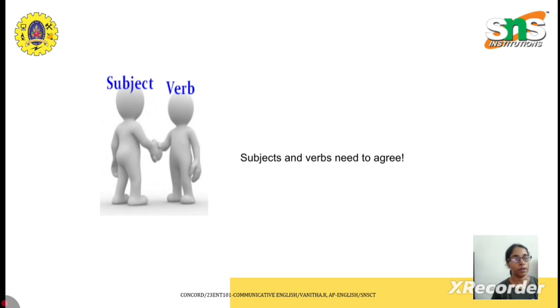Subject verb agreement, otherwise called concord, is a basic agreement between the subject and the verb. This agreement is a key element in English grammar. It refers to the correct matching of subject and verb, noun and pronoun, and tenses in a sentence. Many learners, especially non native speakers, struggle with concord because their mother tongue may not follow the same rules.